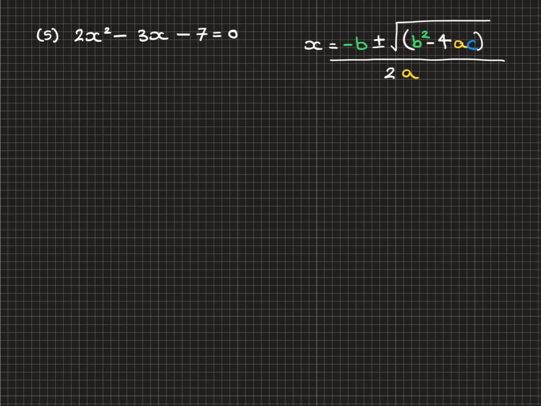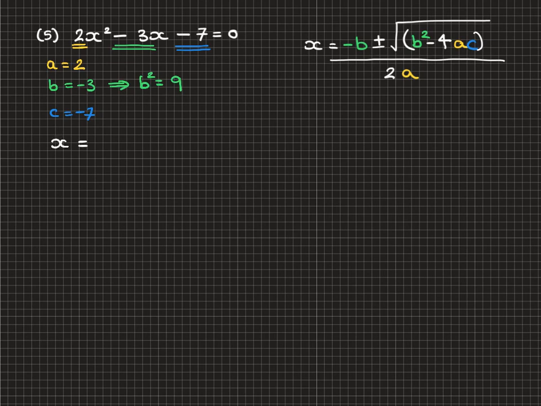So this time, notice we have a equals 2, a little bit different. B, again, equals -3 in this case, so it's negative again. So b squared is equal to -3 squared, which is 9. And c equals -7. Substituting into the formula, which you can see in the top right-hand corner to help you,